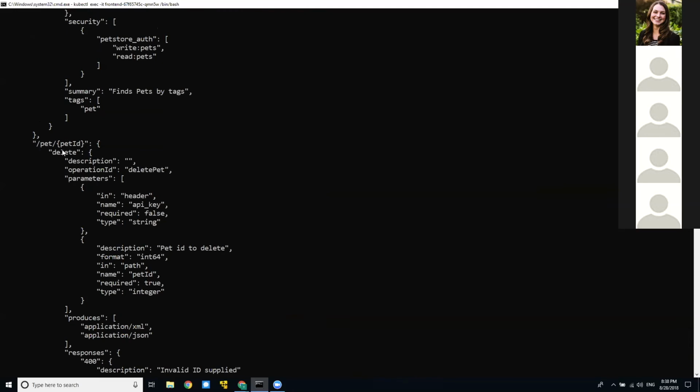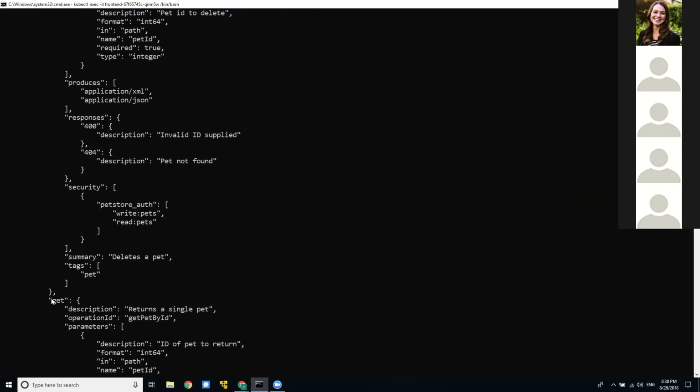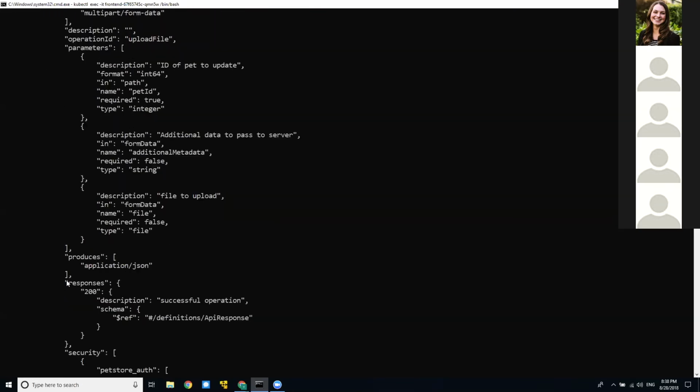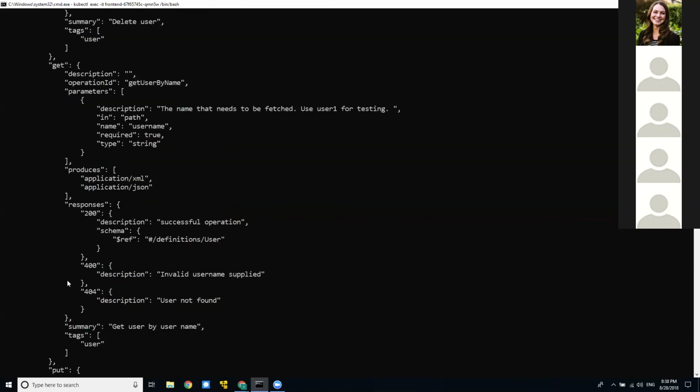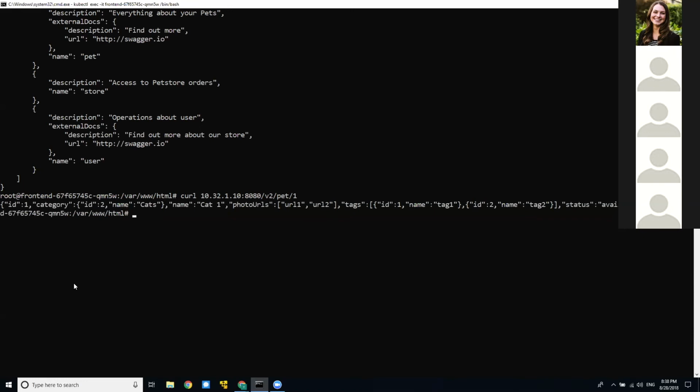We can delete a path, we can get a path. So we'll just try to get it to see if we have access. And we do have access. We get the first path in the service.